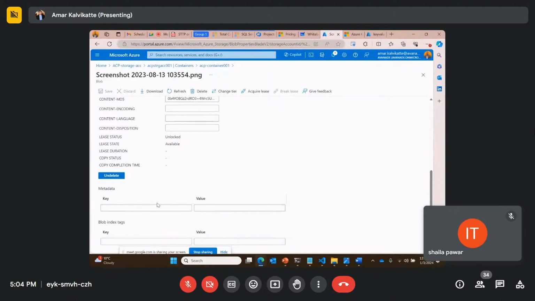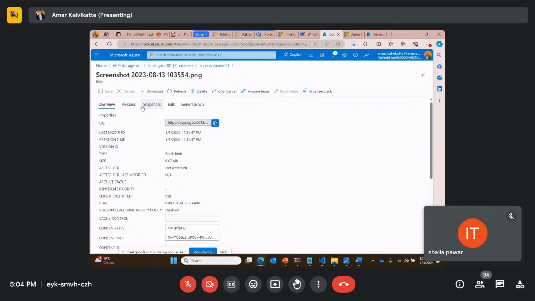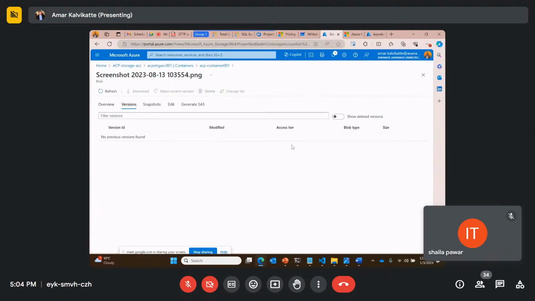And this table storage, no matter what, table storage is the only option for keyword or metadata. There's no other place where you can keep your keys, actually, key value pairs. If you look at the version, you can enable versioning, or you can leave it by default. The snapshot, if you create a snapshot, that means it creates another copy of that particular file, because if the file has been deleted, or if something goes wrong, you have an additional copy of